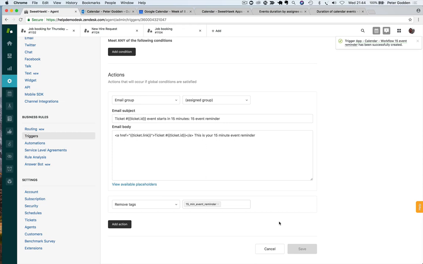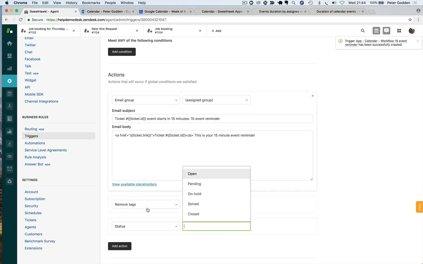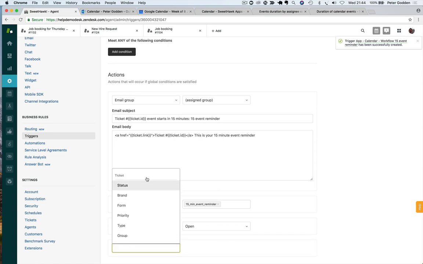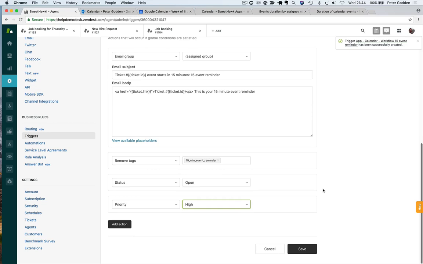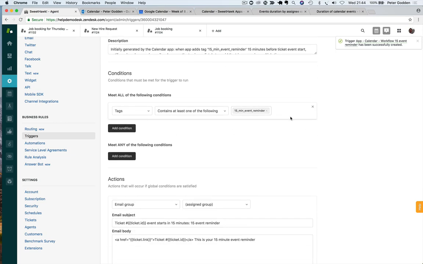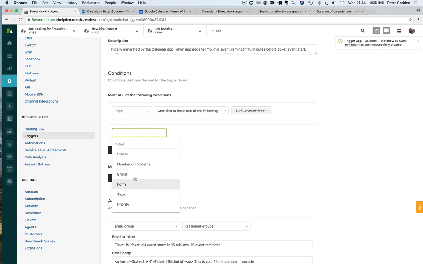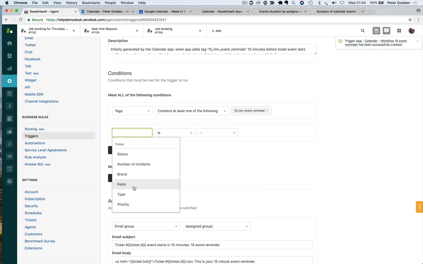But if you want to do other stuff, you just have to click on the Add Action button and say, okay, we also want to change the status of the ticket to open, or we want to set the priority to a little bit higher, or whatever. If you need different workflows for different departments, then you can add in more conditions at the top here and say, well, if the tag 15 event reminder is added to a ticket, and the brand is X, or the group